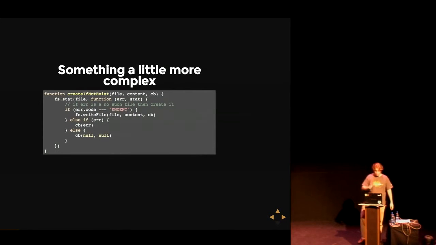So if you're doing something that's slightly more complex, in this particular example, we're doing some of these things, and it fails. Wait a second. This is one of the rare cases where you have an error, and we know what to do with it. So grab the error, there's no file, do something else. In this particular case, you just create one. If there's any other error, like the file system is read only, there's no disk in the machine, or anything else, you have to remember to do something with it. In this case, just pass it up. So that's the simple things.